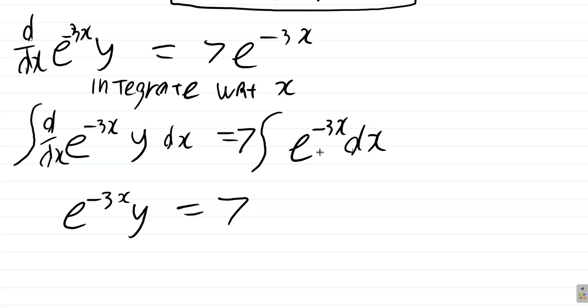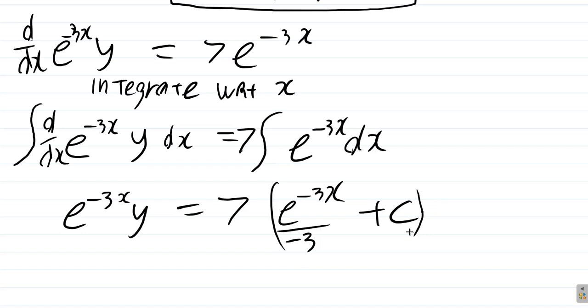Because, what do you get now? You integrate e to the negative 3x, you have e to the negative 3x divided by negative 3 plus a constant of integration c. Now, you do this by integration by substitution. I do it mentally, right? You should practice your integration by substitution to the point where you can now do it mentally in many cases like this. Alright,